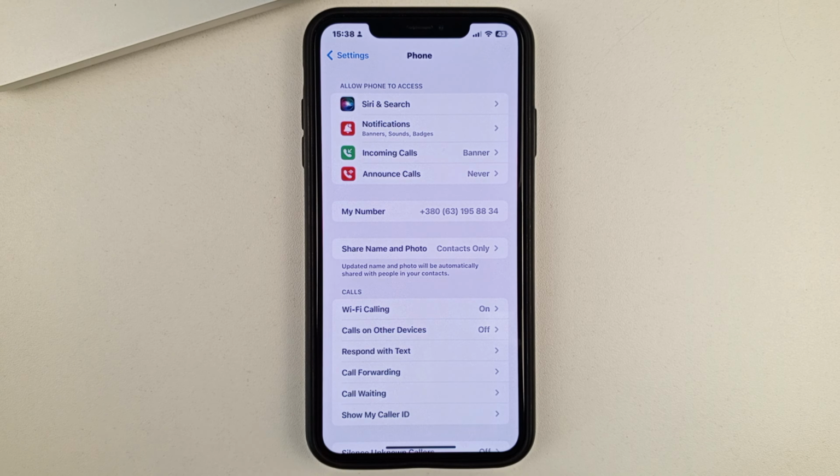If you have more than one SIM card in your phone, then you can tap on My Number and change it. Once you have selected your SIM card, you will be able to edit it and save it.